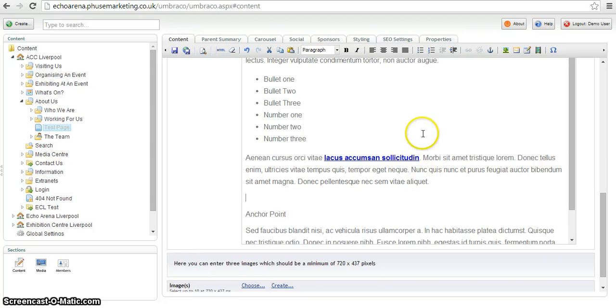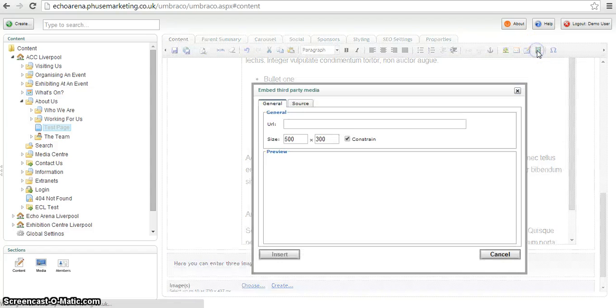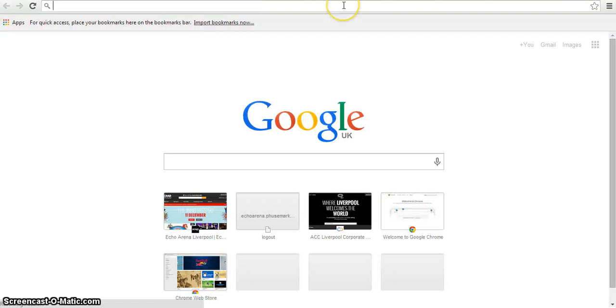One other option you can do is insert video. So if you use this option, this will actually embed third-party video. So this is not actually video you've uploaded to the site, rather you can upload it from a third-party website. So quickly I'm going to show you how to do this. So if we go to YouTube,